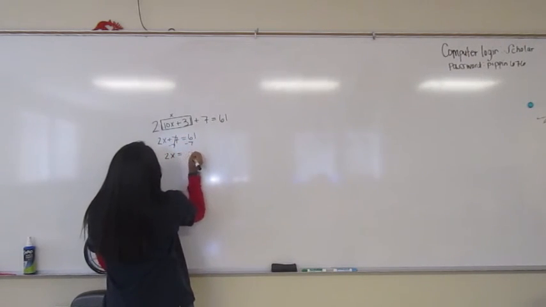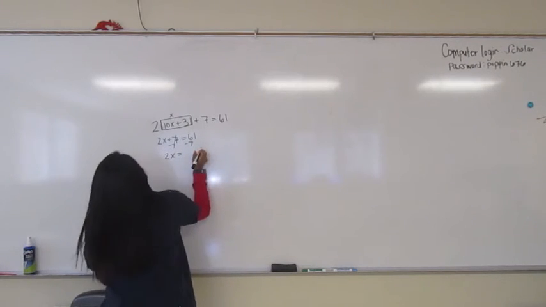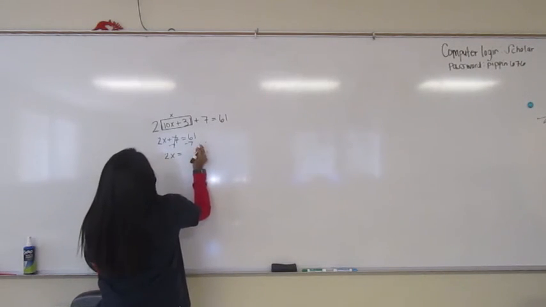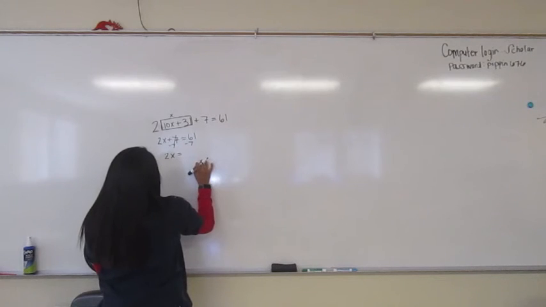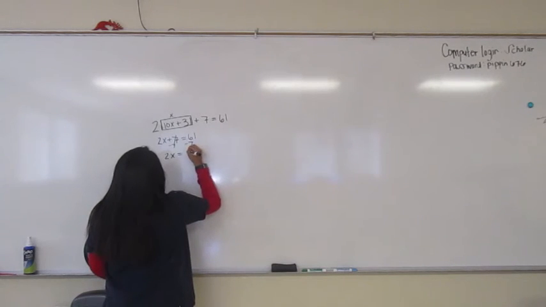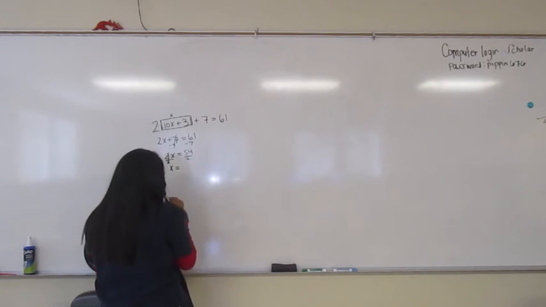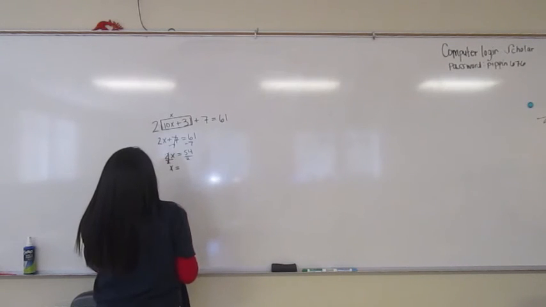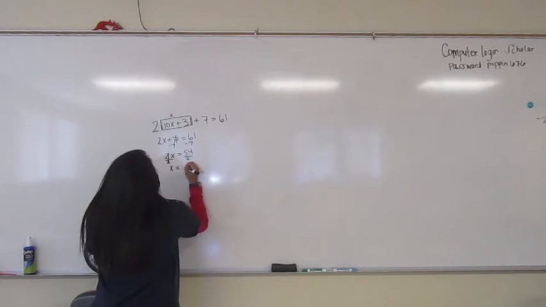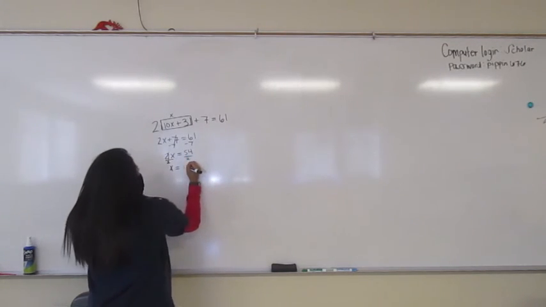So she pretty much made a double X right here. But still, she understands it to her own best ability. She named the box whatever she wanted. So instead of it being 2 times the absolute value of 10x plus 3 plus 7 equal to 61, she made it 2x plus 7 is equal to 61. She subtracted the 7 on both sides, right? 61 minus 7 is equal to 54. And then she was left with 2x equal to 54, so then she divided 2 on both sides, and she should know that it is